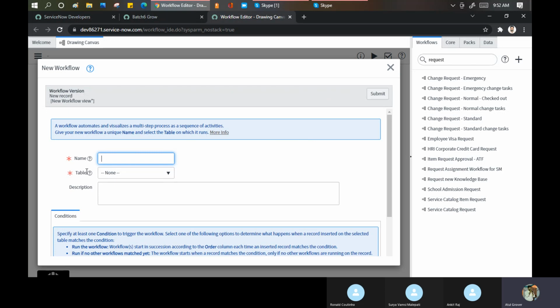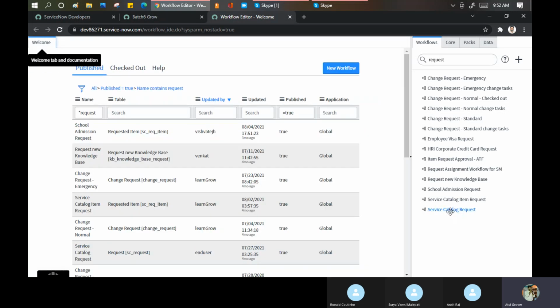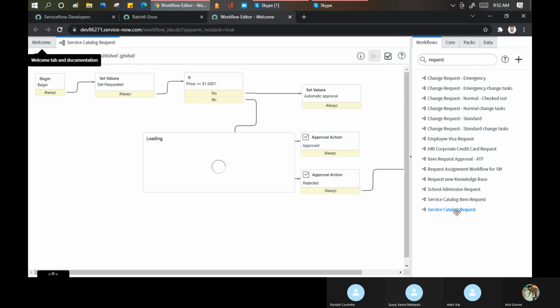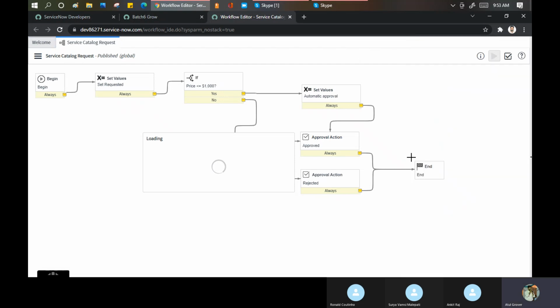Here you need to write the tables, but in that particular Flow Designer, you don't need to write the tables as well. Okay, let me do one thing. Let me not create a new one. Let me show you the existing one first. Service catalog request. Now, see, if you remember that I say there's a request which is going for Mr. Eric approval, right? How is this becoming?